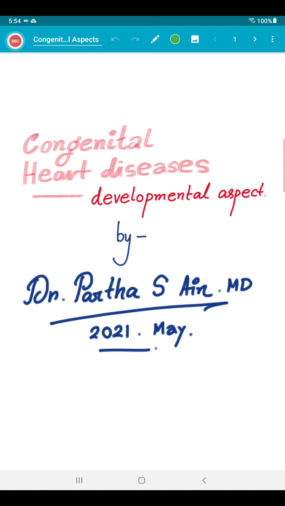Now, what is congenital heart disease? The normal course of development of the various chambers of the heart, you know already by now. My point is, when any problem, any pathology, any disturbance occurs in the process of normal development of the heart and its various structures and chambers, then a defect arises, a congenital heart disease arises, with which the embryo grows. Ultimately, the baby is delivered, and he or she has the clinical problems of that congenital heart disease.